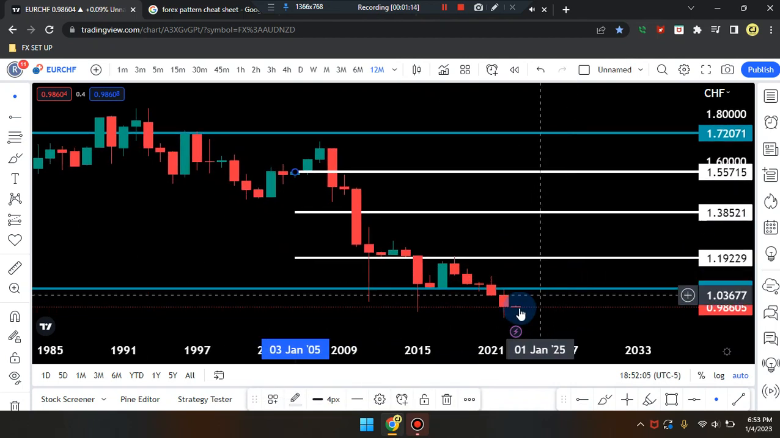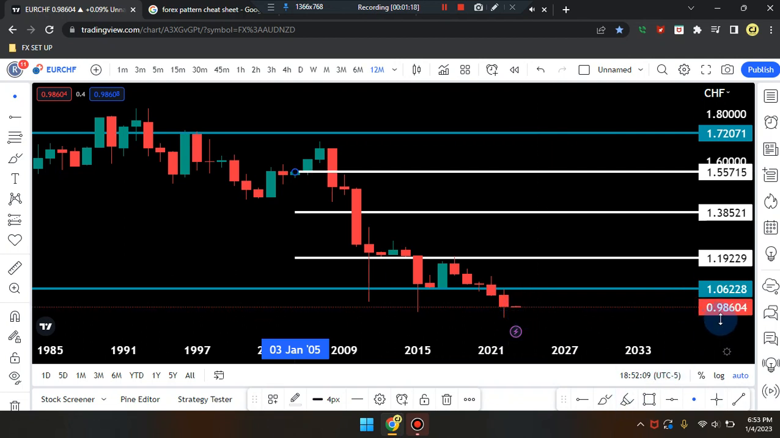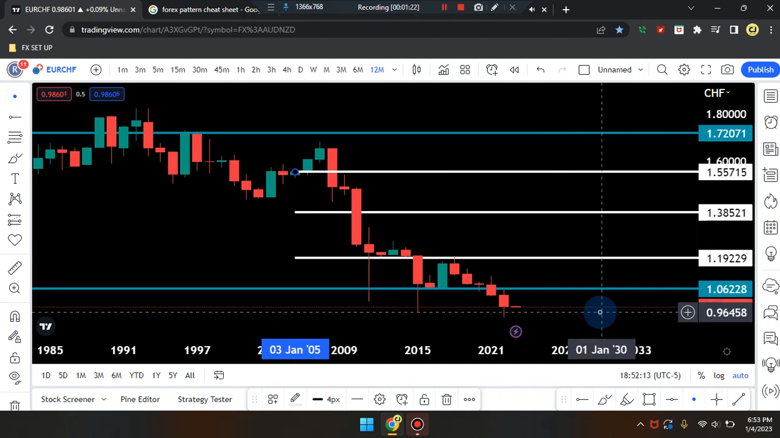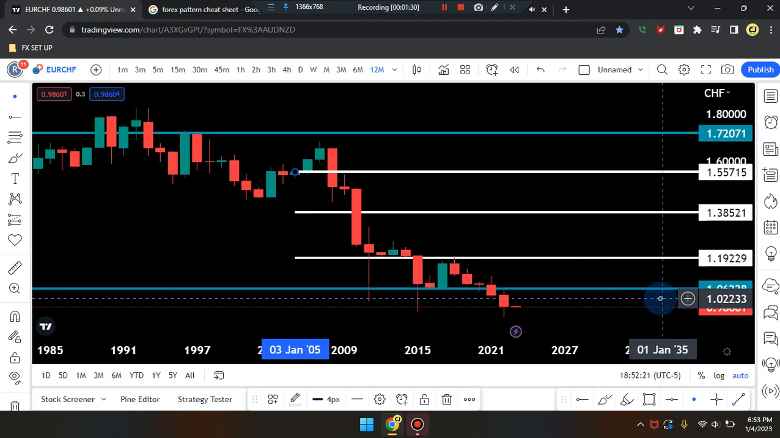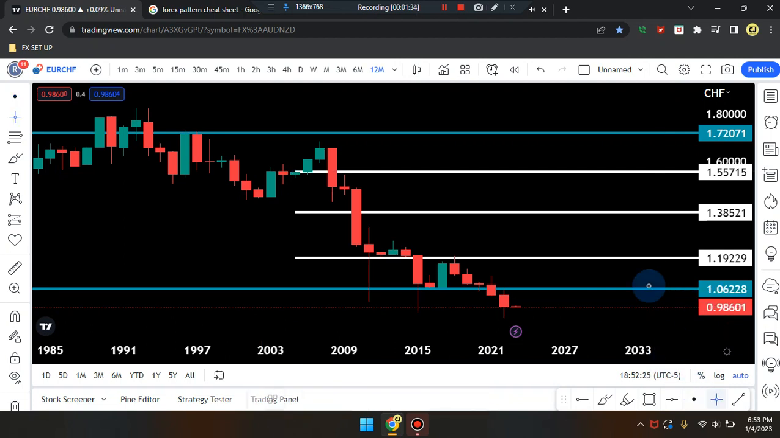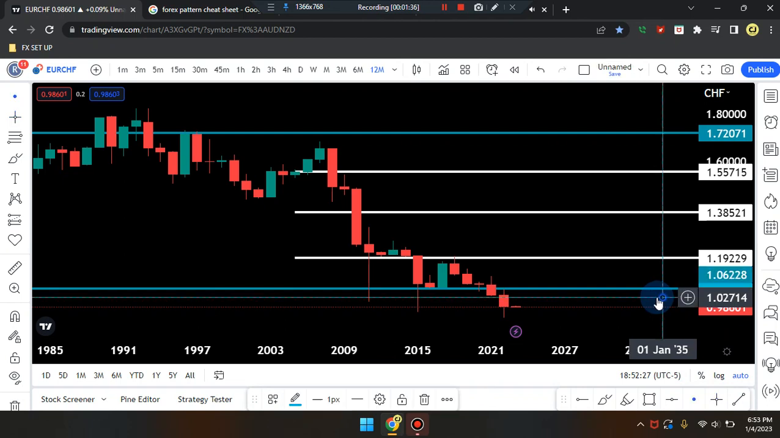So let's zoom in the price. Current price is sitting at 0.98604. So if price works its way up, it can tag that resistance line at 1.06228. Before tagging that, it can tag that midpoint within that area, which would be at